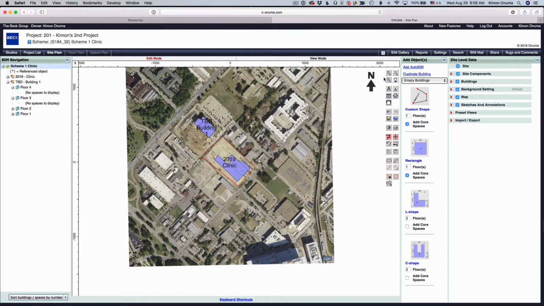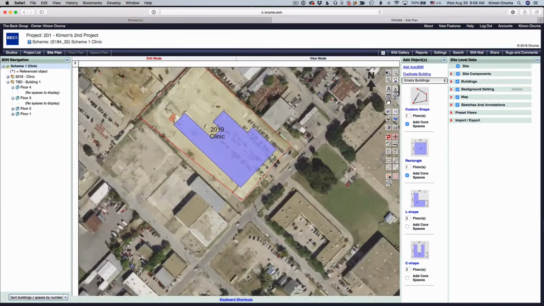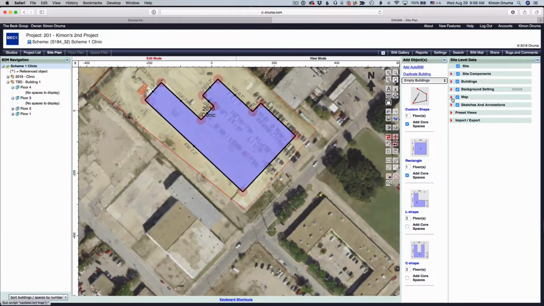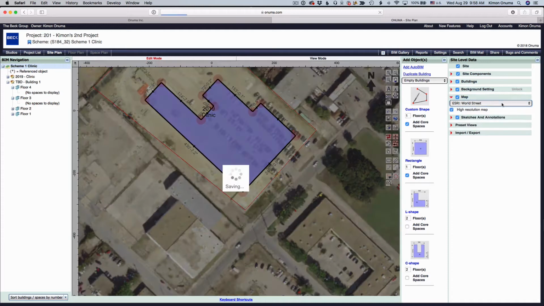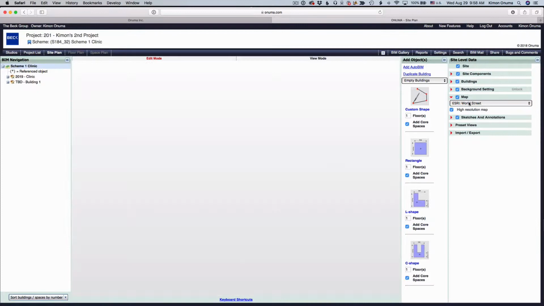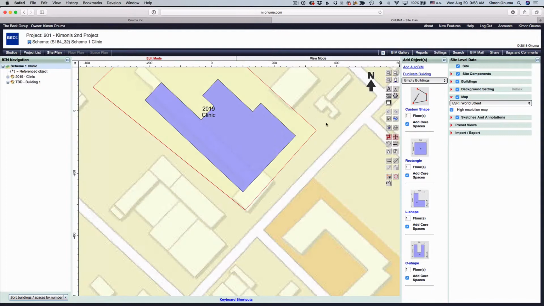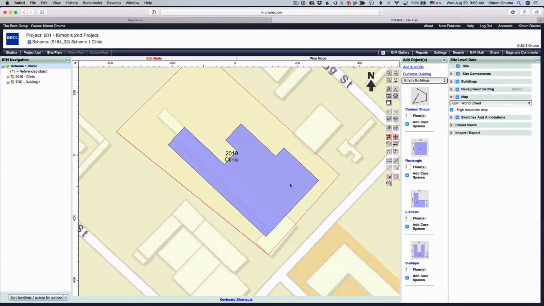Some other functionality on the right, since we're looking at shapes again. These buildings we obviously eyeballed and moved things around, but there's also the functionality of turning on the dimensions. So right here, if you toggle dimensions, it turns red, and you'll notice dimension markers on the side of the building. And let's actually turn this to map view so we can see it a little bit better. I'm turning on map, Esri World Map View, World Street View, so it's turning off the satellite view and going back to maps. And we see the building there, and let's go back, select the building, toggle the